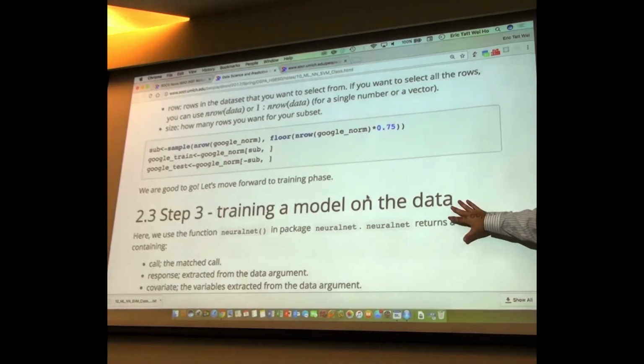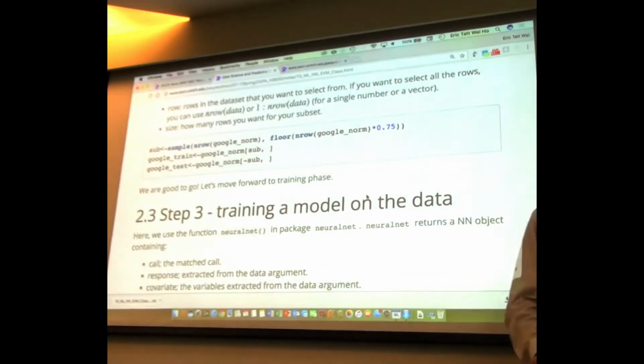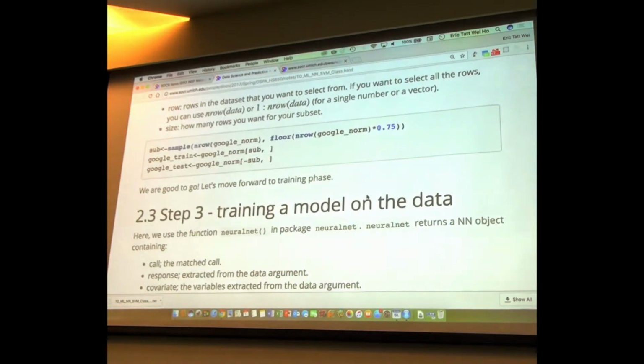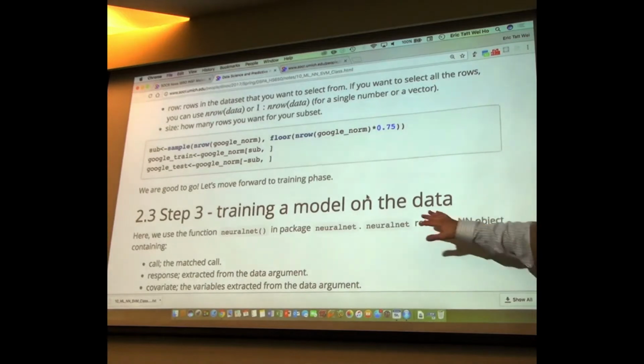Training a model on the data, and model is not the right word here, but it kind of makes sense because there's a huge difference. These machine learning techniques are called model-free because you don't have an a priori model whose coefficients you're estimating the way you do with linear models. Okay, so we're going to start the learning now,